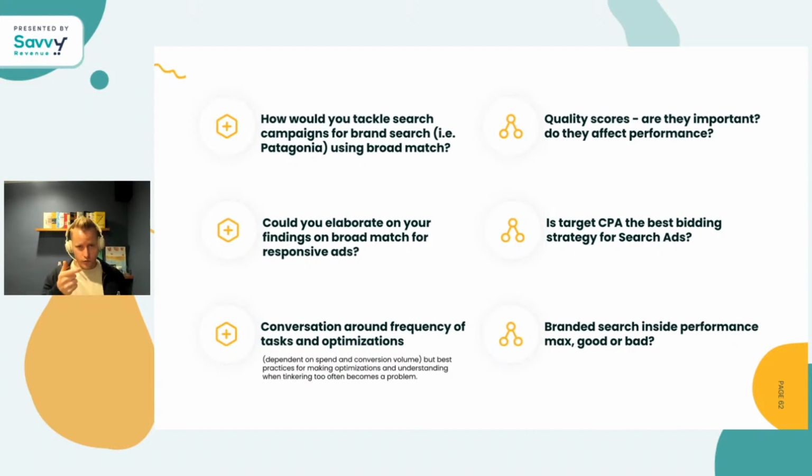When you're bidding for a brand term like Patagonia or your own brand term, you don't want to do that. You don't want Patagonia to turn into Outdoor Voices or Lululemon or even outdoor clothing. You don't want that to happen. So you don't want to use broad match